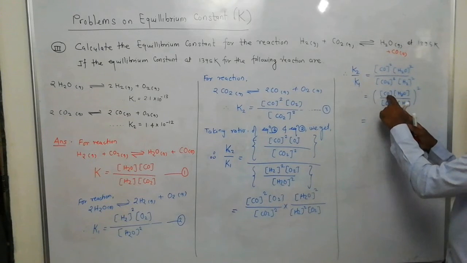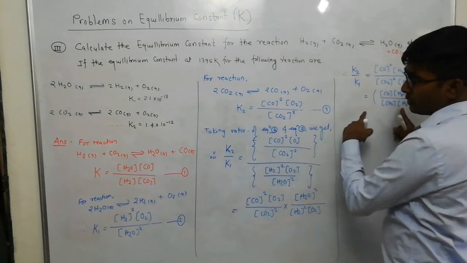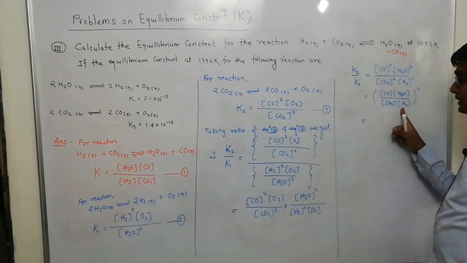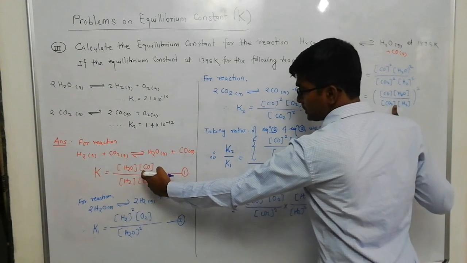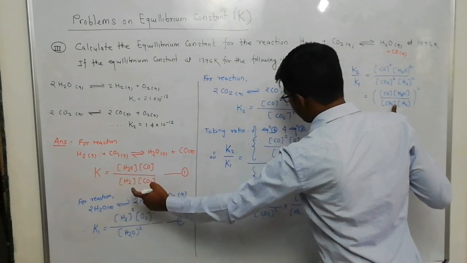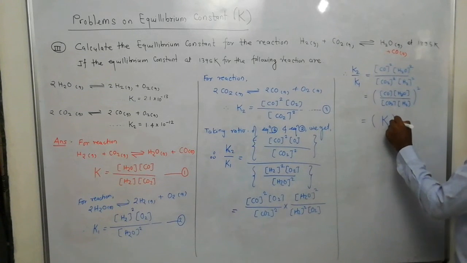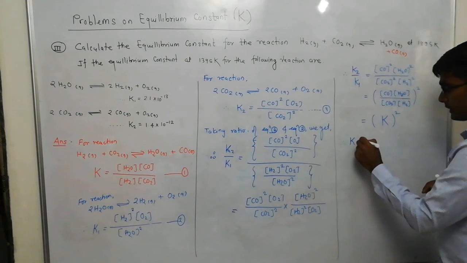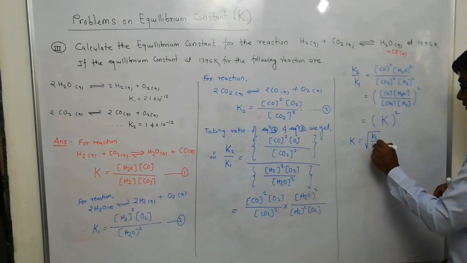Now look at this term: product of concentration of carbon monoxide and water divided by carbon dioxide and hydrogen gas. Now look at equation number 1 and compare the two. The product of concentration of CO into H2O and H2 into CO2 is the same. So this value is capital K, bracket square. Therefore capital K is equal to the square root of K2 upon K1, capital K2 upon capital K1,